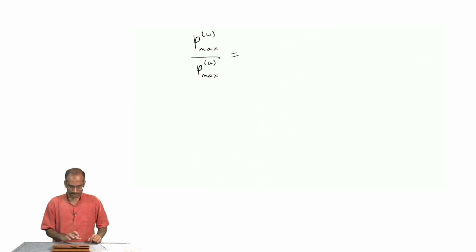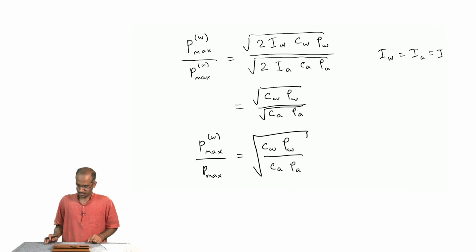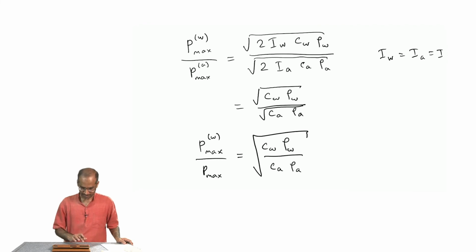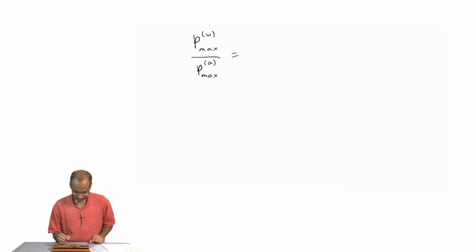So, the information that I need is the speed of sound in water, density of water, speed of sound in air, and density of air. So, speed of sound in water is roughly 1481 meters per second multiplied by the density of water, which is about 1000 kg per meter cube,